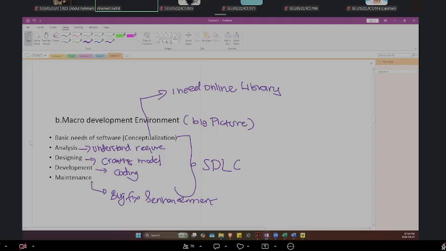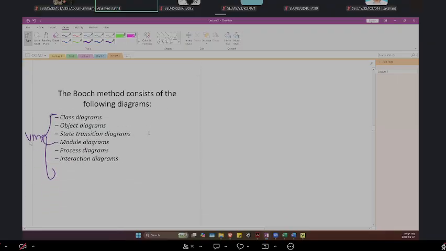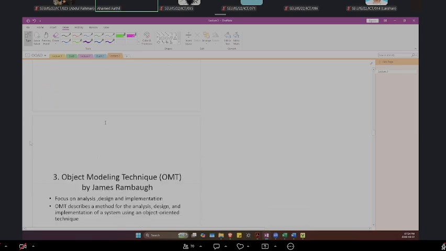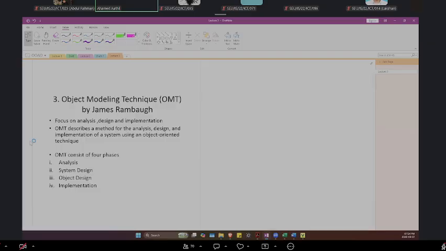That's about the macro development environment, right? And these diagrams are actually rooted from the Grady Booch methodology. Okay, so the third one is about the Object Modeling Technique, or OMT, by James Rumbaugh. This methodology is proposed by James Rumbaugh, and what he is trying to tell you is